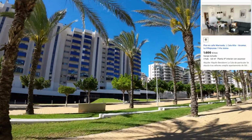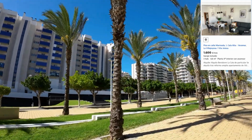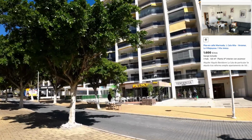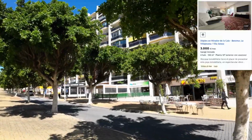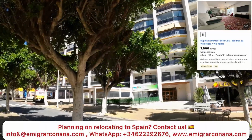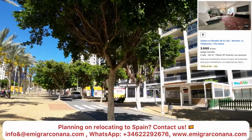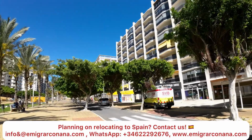The other example would be three bedroom apartments already, 120 square meters with garage included, 1,600 euros a month. That is how much a three bedroom apartment would cost right now in this particular region. Quite expensive, I must say, but it is a typical price already. 3,000 euros a month a duplex would cost, two-story apartment, garage included, four bedrooms, 190 square meters. It's with a sea view and considered a luxurious apartment. And for that,